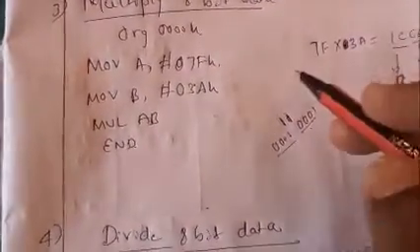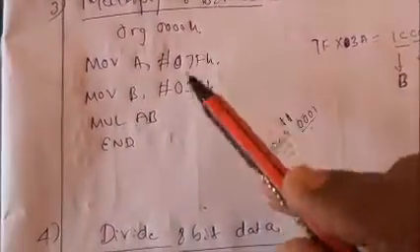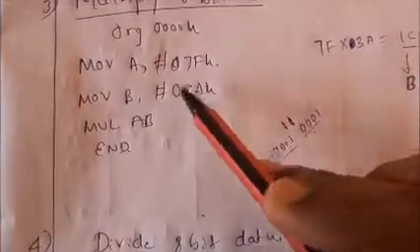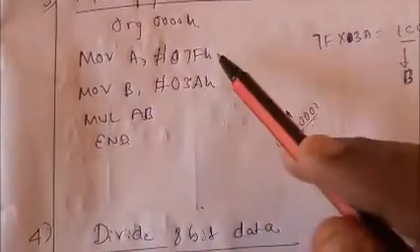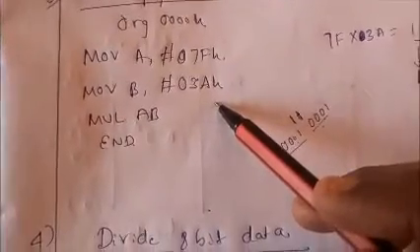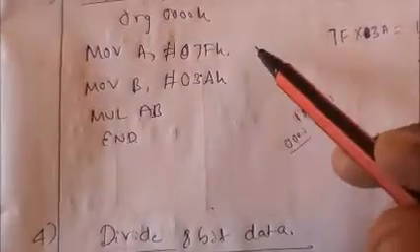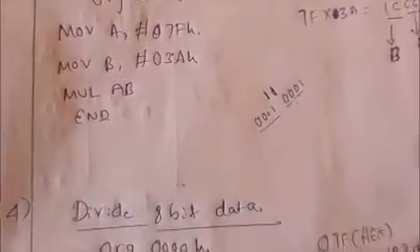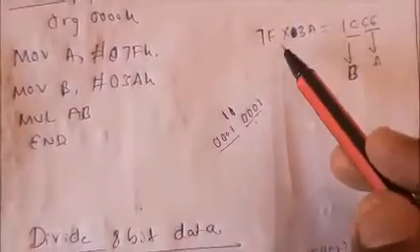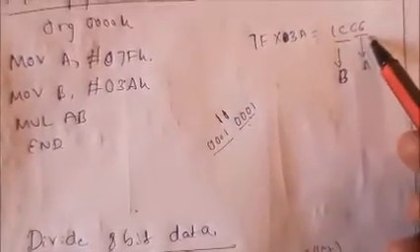So again, how to perform it? For example, I will take some numbers here. You already know that in a microcontroller we deal only with hexadecimal numbers. If you want to evaluate the multiplication of these two numbers, just use the calculator in hexa mode. For example, I will take one number 7F and one more number 3A. Type hexa 7F and hexa 3A in the calculator and compute. You will get the result 1C6.